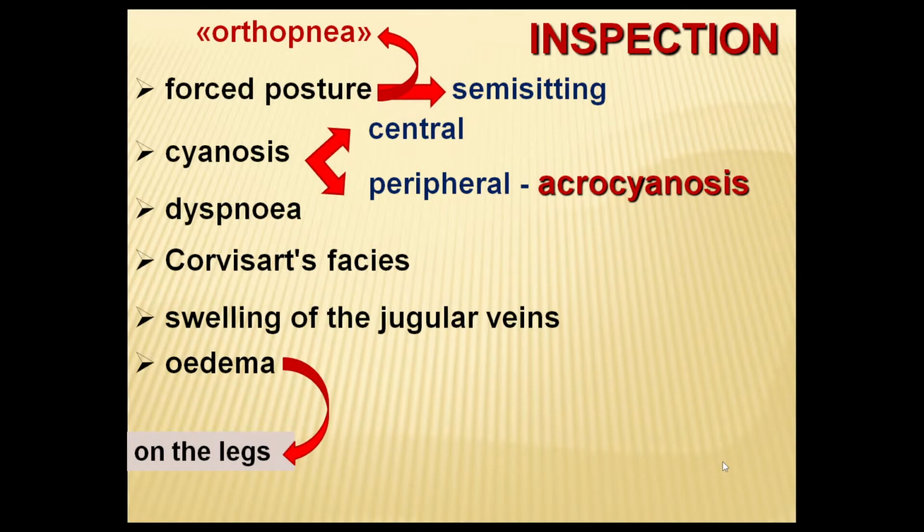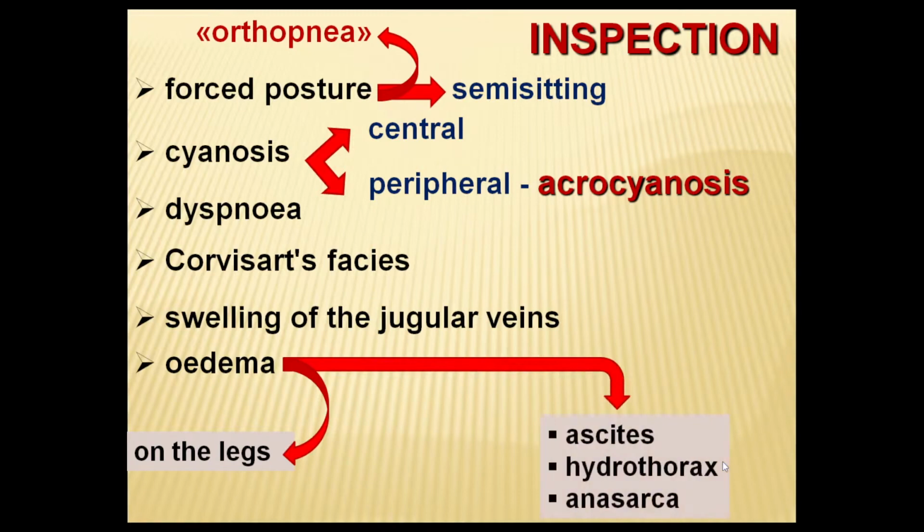First of all, blood is congested in the lower part of the body and we reveal edema on the legs, first only toward the evening, and then the entire day. Then liquid goes into the cavities and we can reveal hydrothorax, hydropericardium, ascites, edema of the whole body, anasarca,